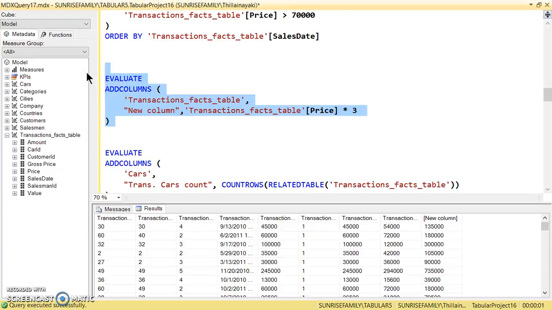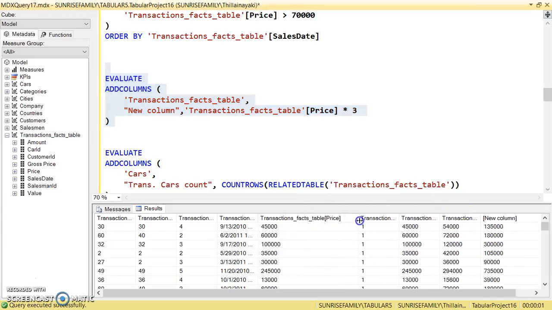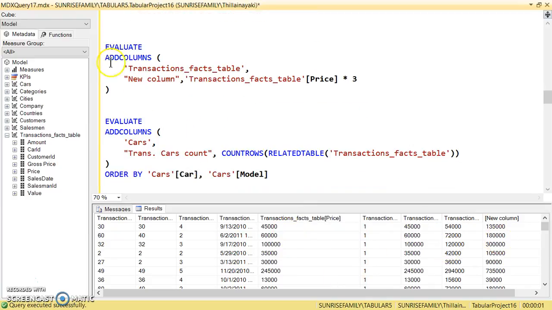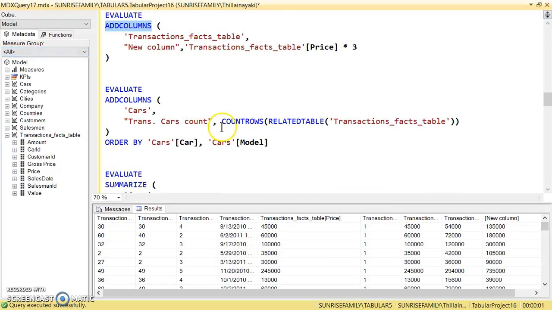I'm going to run this. See, this is my new column. This is multiplied by the price 3 times. If you want to add, just simply use this add columns. Okay, and